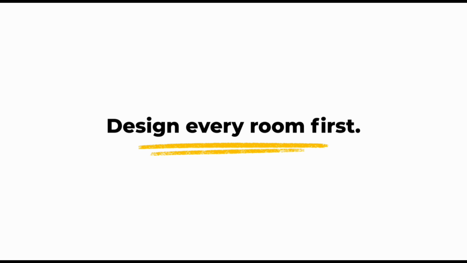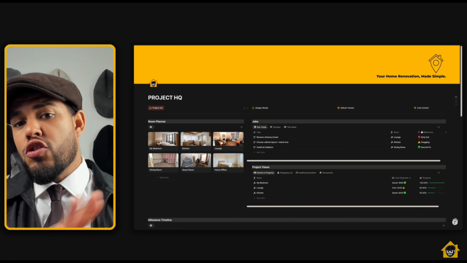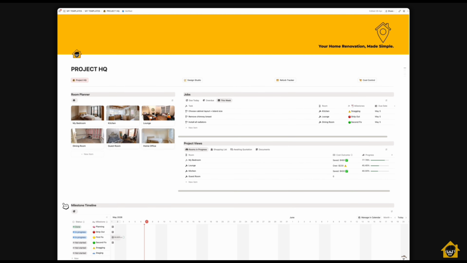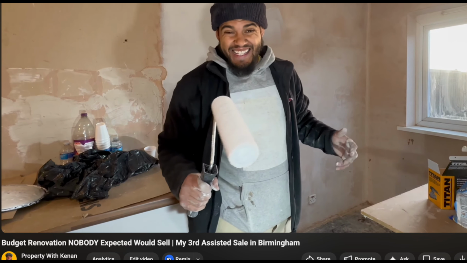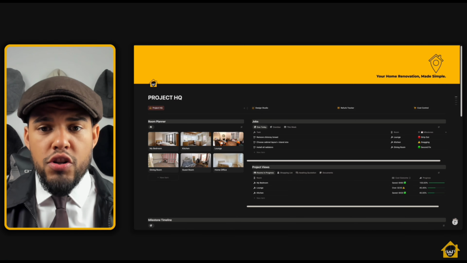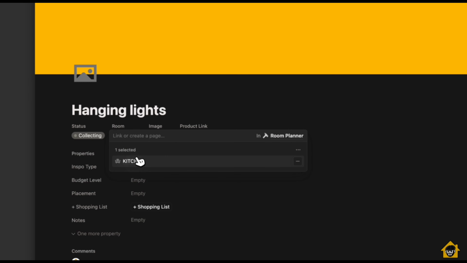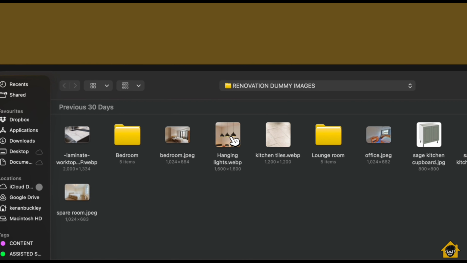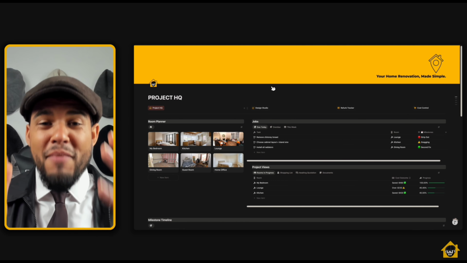This is the Renovation Planner OS version 2. 691 downloads on version 1, which I built in 2025. Now this is version 2, but 8 times better. So whether you're a first-time renovator or a seasoned property flipper, this free Notion tutorial shows you exactly how to plan and manage your entire renovation in one place, so you don't start questioning your purpose in life midway through